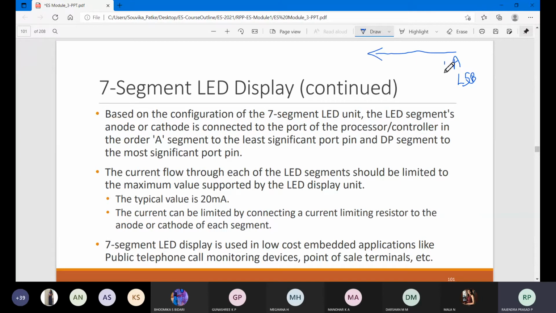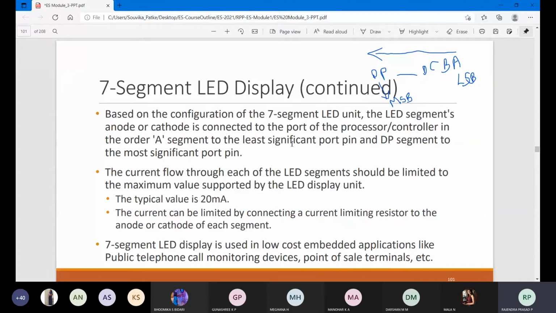So always you have to write A, B, C, D and so on till DP, right? And this DP we will call the MSB pin. Least significant bit, most significant bit.